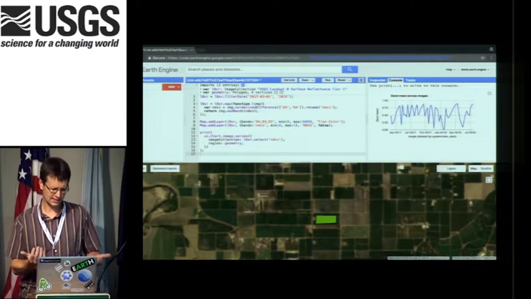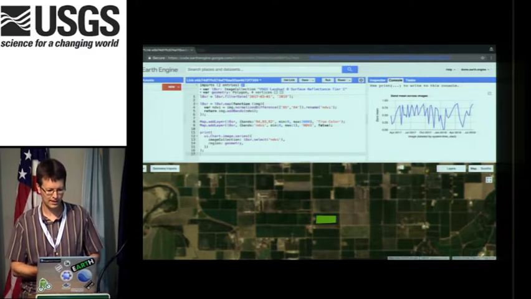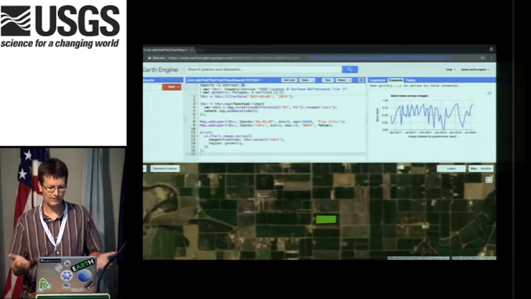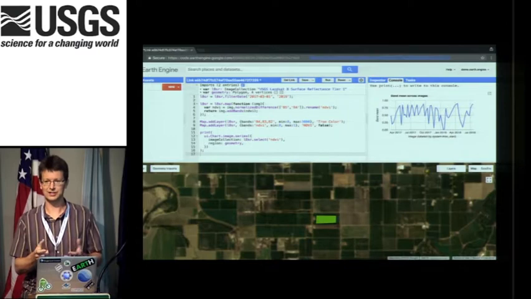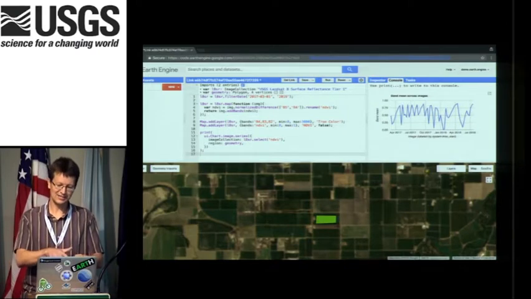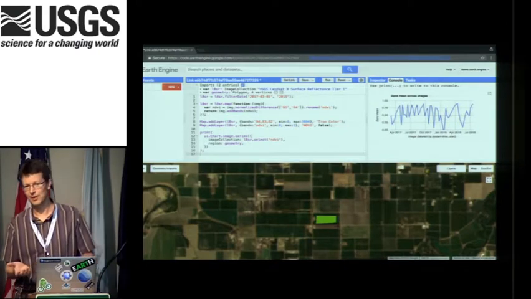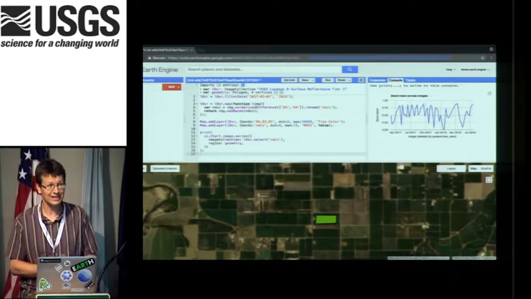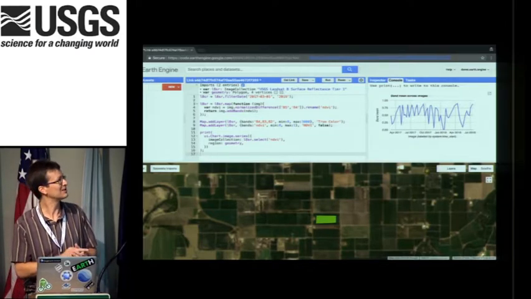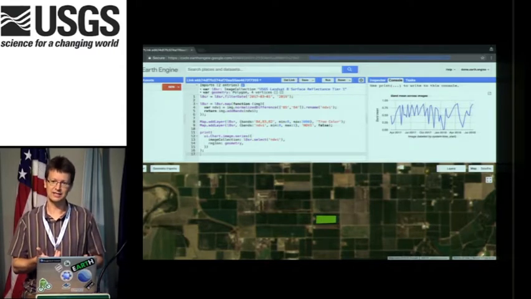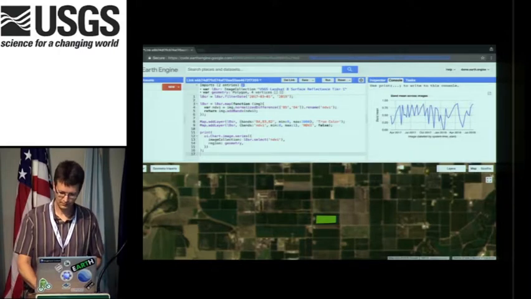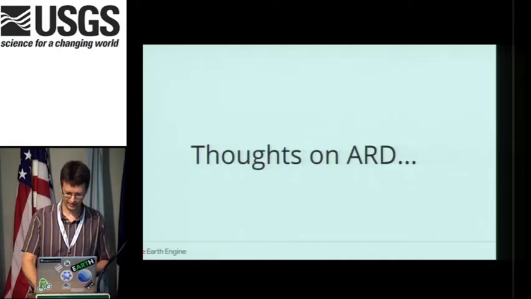This is a snippet of code that's 16 lines. It goes through all of the Landsat 8 imagery, filters it to a certain time, calculates NDVI on it, plots NDVI in a true color representation, and makes a chart. And that's 16 lines of code. So it's sort of an ideal algorithm for us. Some of them are more complex. They might be hundreds, occasionally thousands of lines. Then it starts to get really hard to debug what it's doing. But our goal is to make it an API where you can do things like this at scale really easily, for these types of spatial and temporal aggregations.